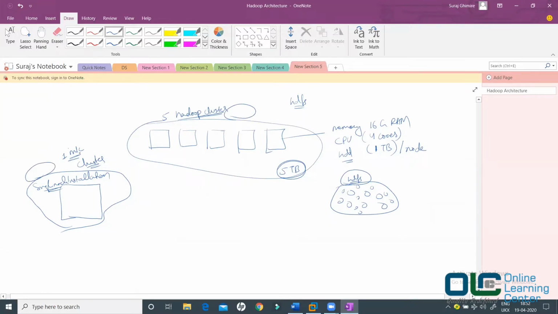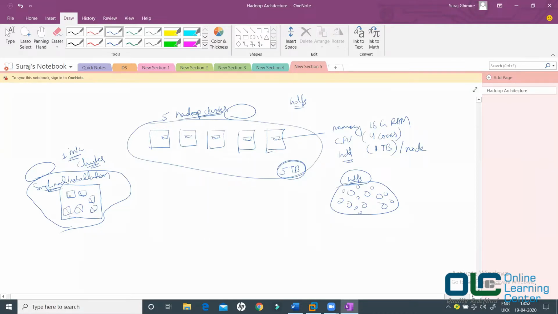See, the only difference would be that here the data would be stored parallelly in different nodes. But here the data would be divided into blocks. In every case, the data will still be divided into blocks, but the only difference is that here all the blocks are stored on the same machine. Here the data would be divided across multiple machines, and those blocks are stored everywhere. But from the programmer point of view, it really does not matter.